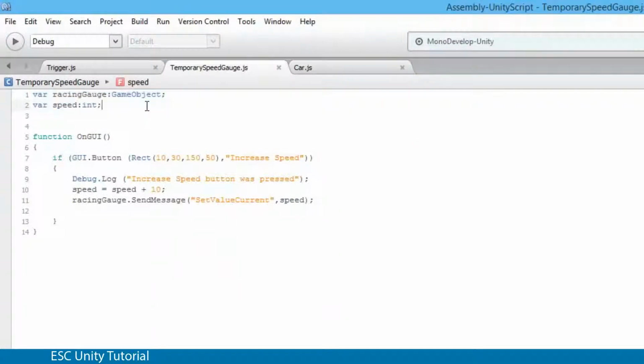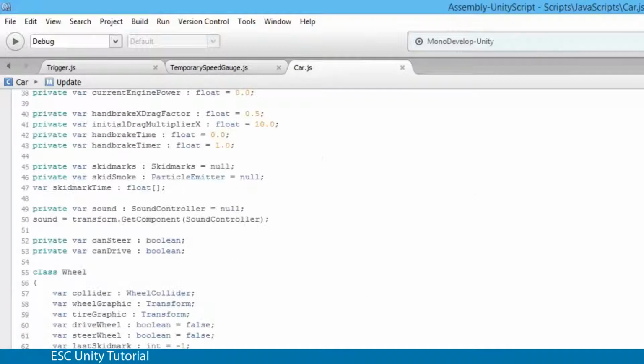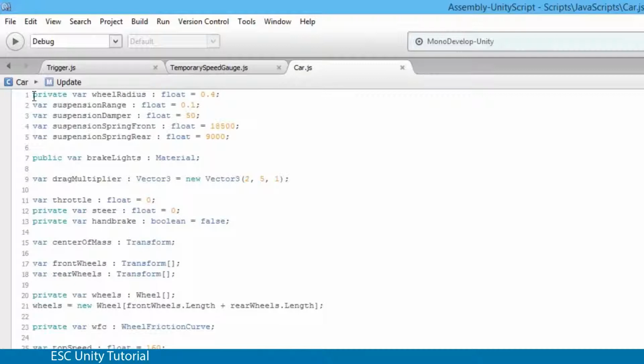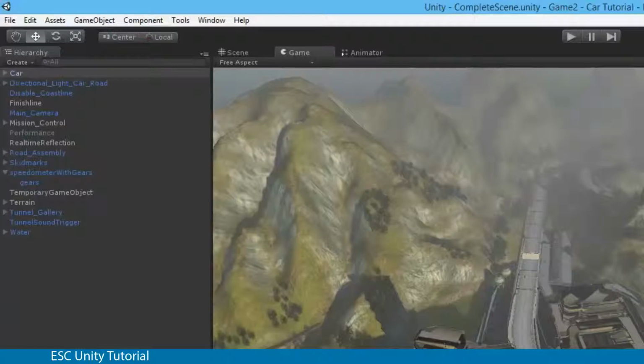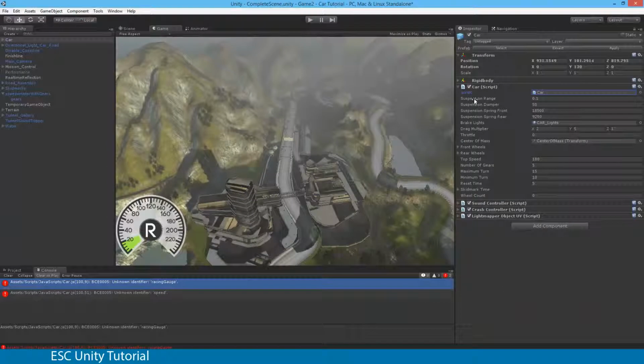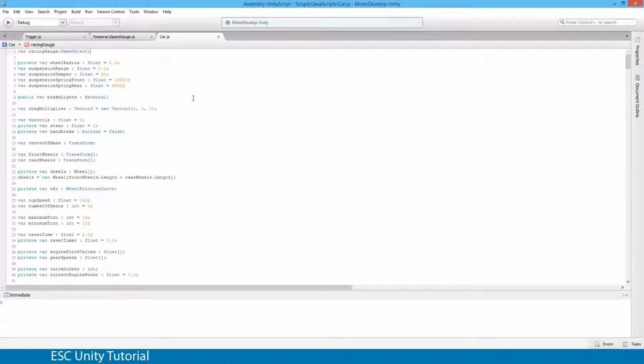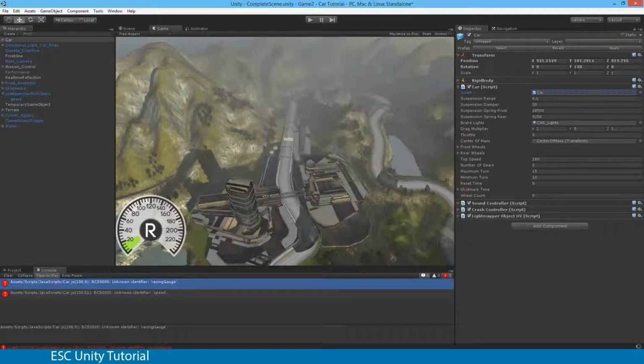Let's copy our racing gauge variable, and just to make this easier, I'm going to place this one at the very top on line 1. var racing gauge is a game object. Now before I save that, you'll see that there is script suspension going through. When I save this and press Control S and then go back to Unity, you'll see once it updates,